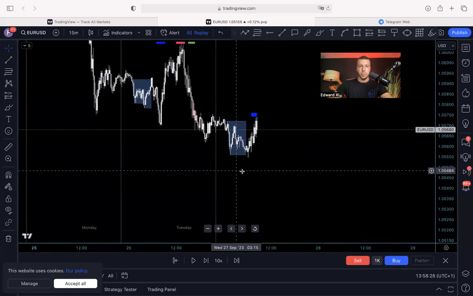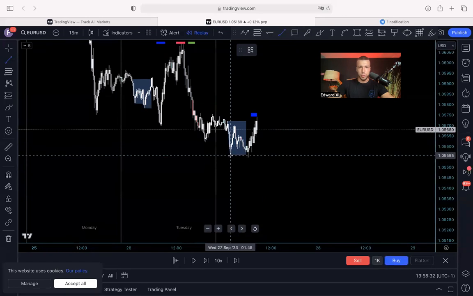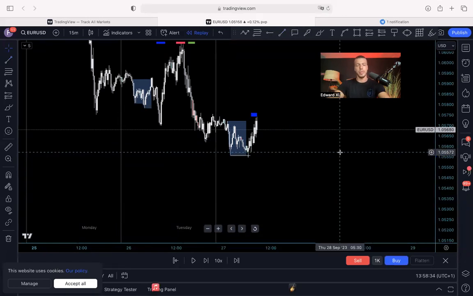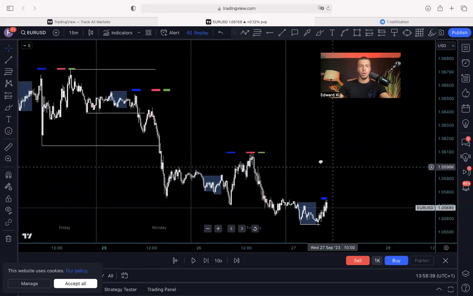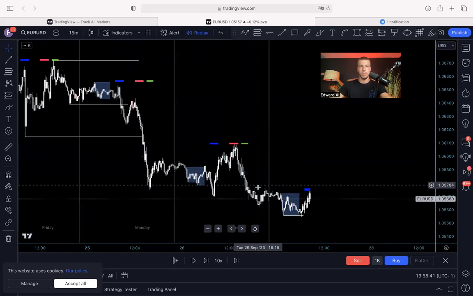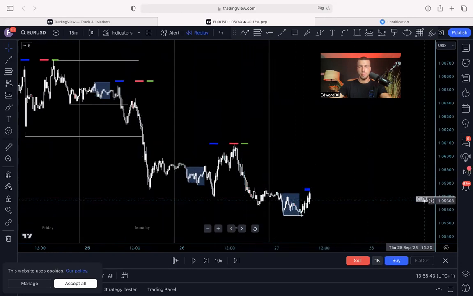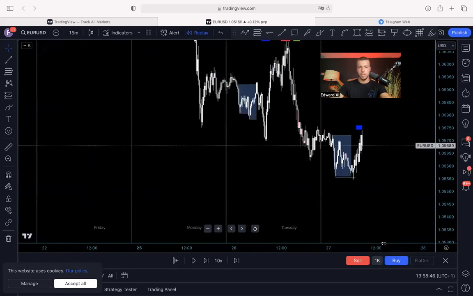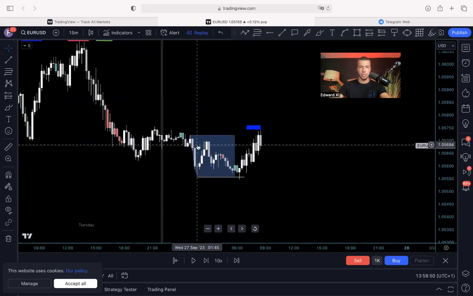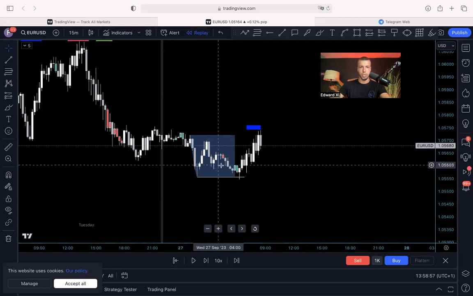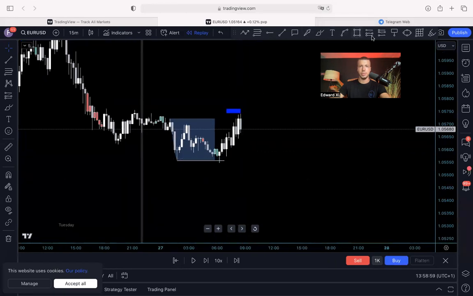Let's get started. So here, what we can see is that we grab a major liquidity low, which was created during the night. As soon as we grab it, you know already what we want to look for. Also, what can we notice? We've been bearish for a long time. And by the time that we are here, we are playing with the daily candle. So the daily candle opens up here. It opens and we start dropping. By the time that we drop right here, the daily candle is full.